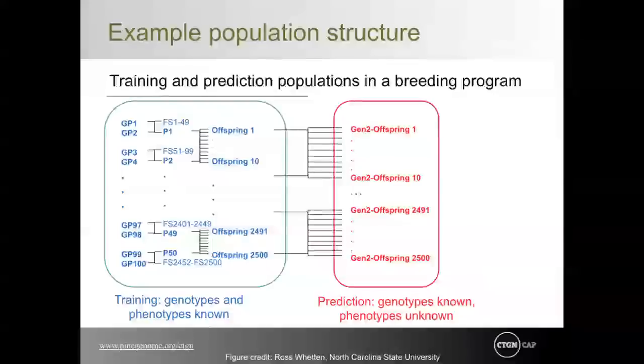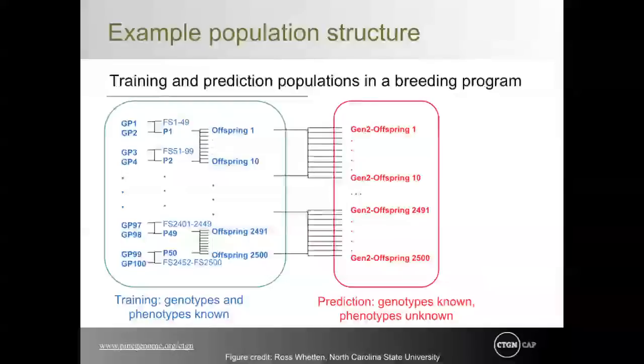As an example of training and prediction populations, consider the following scenario. 100 grandparent individuals, labeled GP1 through GP100, are crossed in pairs, and 50 offspring are produced from each of the 50 crosses. One individual is selected from each of those 50 families for use as a parent, labeled P1 through P50 here, and the full sibling individuals within each family, labeled FS1 through FS2500, are also used for collection of SNP